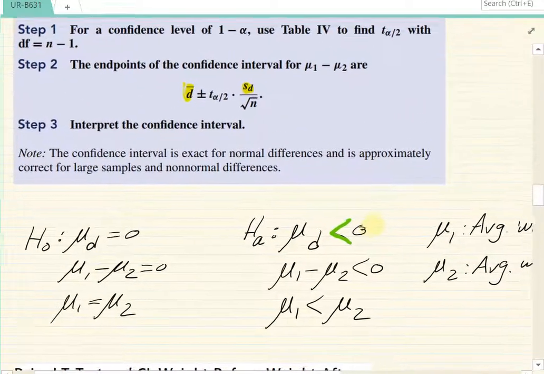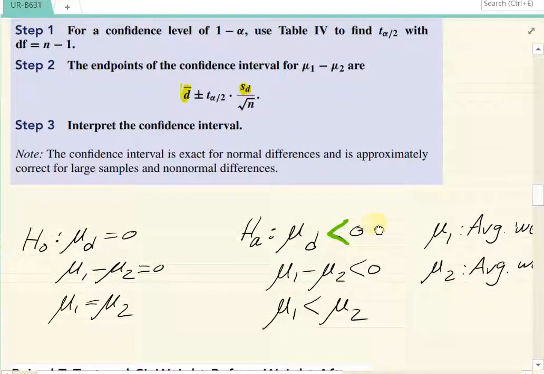So I have written the null hypothesis three ways. One, the average difference is 0, which means family therapy is not effective. Alternative, remember, we want the average difference to be negative, and negative means higher weight after therapy. Or you can say mu1 minus mu2 is 0. Here we say mu1 minus mu2 is less than 0. And if you move mu2 to the other side, you get mu1 equals mu2. So all three of these are really telling me the same thing. And all three of these are telling me the same thing also. If mu1 minus mu2 is less than 0, that means mu1 must be less than mu2. That means their difference must be negative.